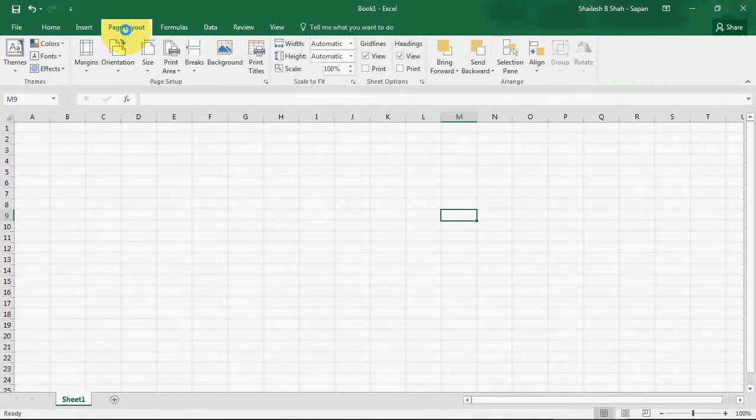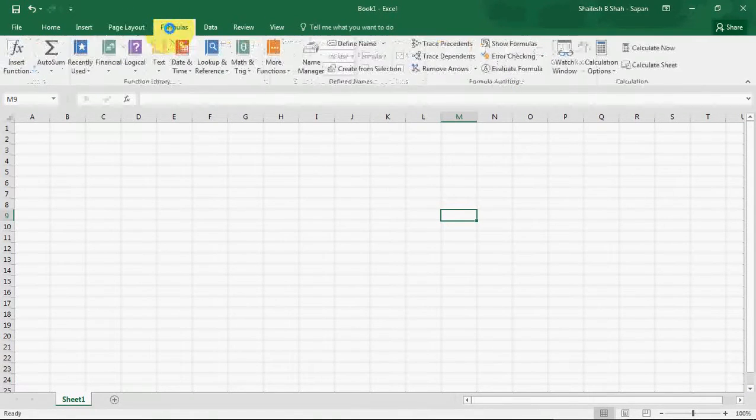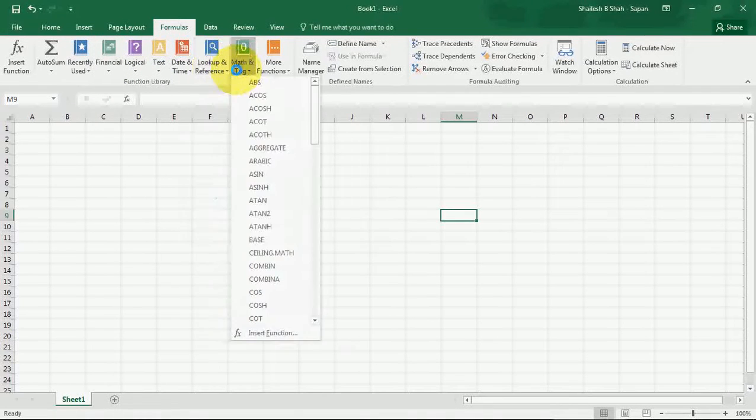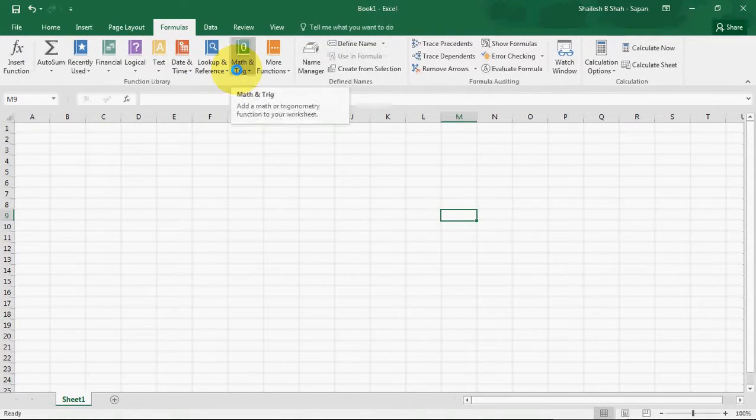There are commands about page setup, scale setup and theme setup available on the Page Layout tab. On the Formula tab you will find all the types of formulas like text, logical, financial, lookup, mathematical; all of them you will find over here.